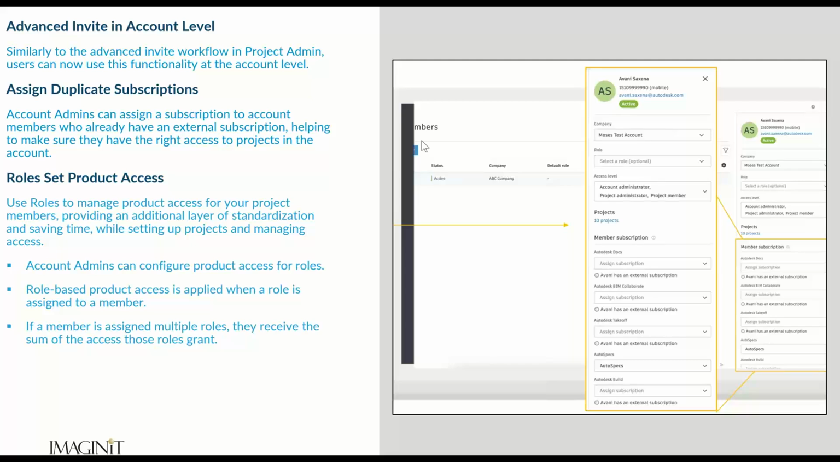The only way to really remove that external, there were background processes that had to happen. Well, now that's been enhanced. If you want to make sure that person is not going to have a lapse in their entitlement based on the external management, once you own your entitlements, you can overwrite those externals and now assign the license directly to your members. So technically it's a duplicate subscription, but